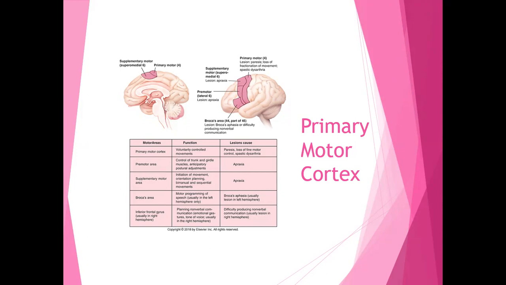The supplementary motor areas work on initiating movement, orientation planning, and bimanual and sequential movements, so things that you're doing with both hands or things that you have to do in a movement sequence. And lesions in the supplementary motor area also contribute to apraxia. So you can imagine